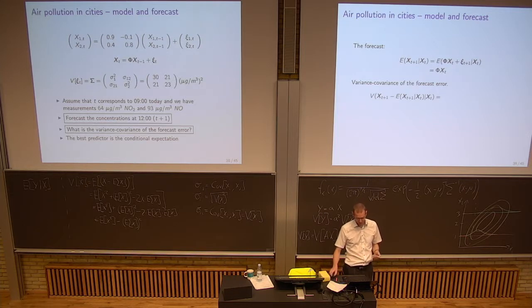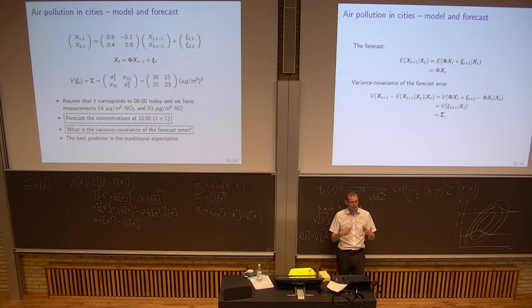Now the variance covariance of that, that's the variance of the true value minus the expected value. And we can plug in, as before, the expression. Notice here that this term cancels out with that term. So the deterministic part, so to speak, of the model cancels out in the variance. That's not unlikely. That makes somewhat sense. The only thing that contributes to the variance on the short term is the added noise, which has covariance matrix just sigma that was defined initially.